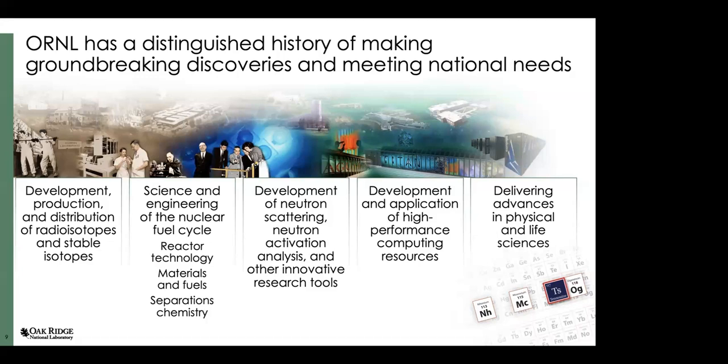The fact that the Y chromosome, the presence of the Y chromosome leads to the male gender, was discovered in mice at Oak Ridge. Okay? So it's amazing history of what it is. And then sometimes people end up discovering a new element. So tennessine is one of the newest elements on the periodic table that was discovered at the lab. So it's a very impactful place to be at.